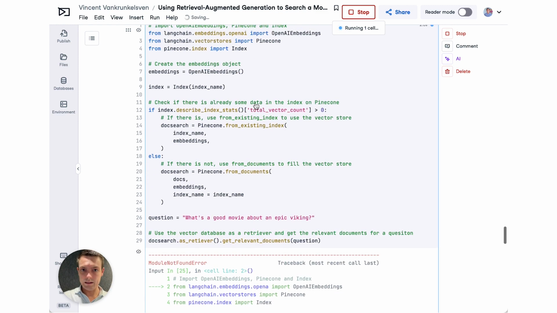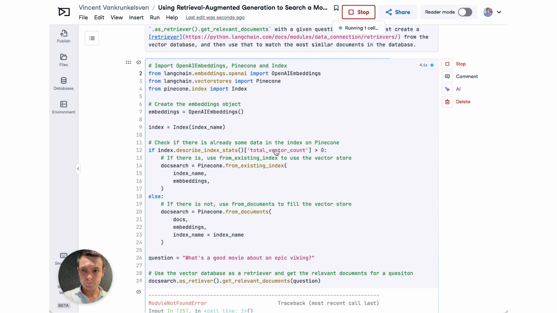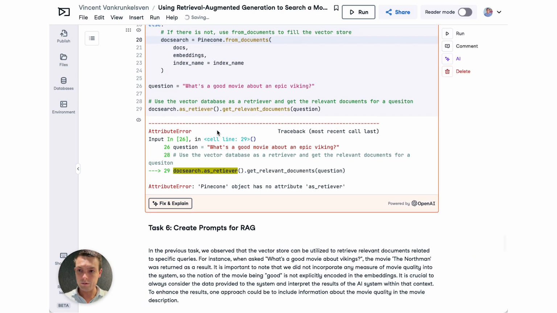All right, and it's running. Because I removed the index before, it actually needs to fill the index with documents again, with the document embeddings. So it will end up in this else condition. And the reason I know this as well is, of course, because I've deleted the index, but also I can see that this actually takes a long time to run now. The reason why it takes some time to run,